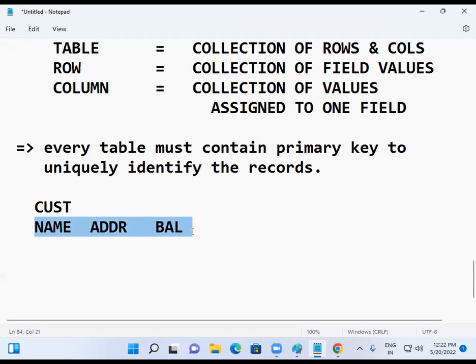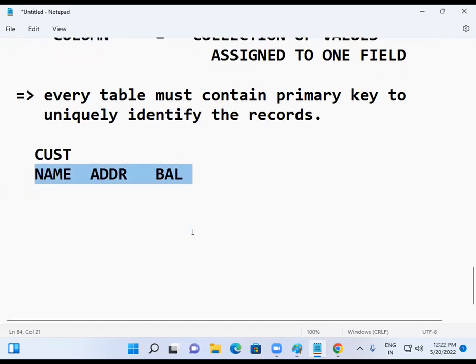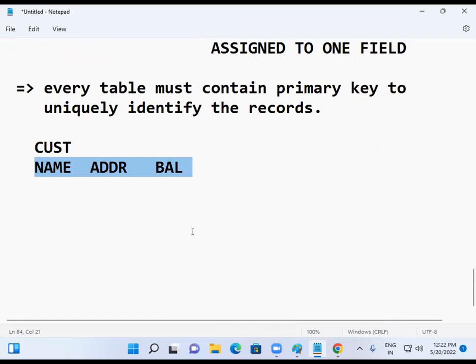What is the meaning? Suppose I go to the bank and ask, sir, what is my balance? They'll ask, what is your name? My name is Vijay. Then they go to the customer table and find the customer with the name Vijay. But they can find a number of customers with the name Vijay. Then they'll ask my address, and I give it. Again, they can find a number of customers with the same address also. So the problem is that uniquely identifying customers is difficult.